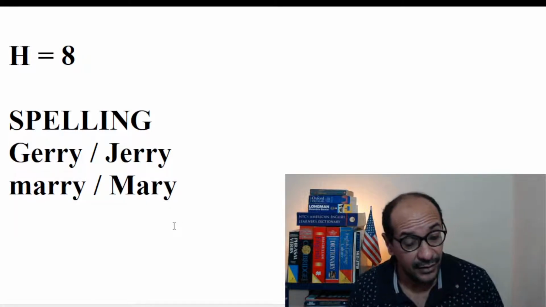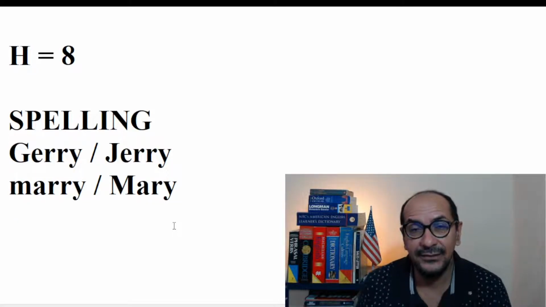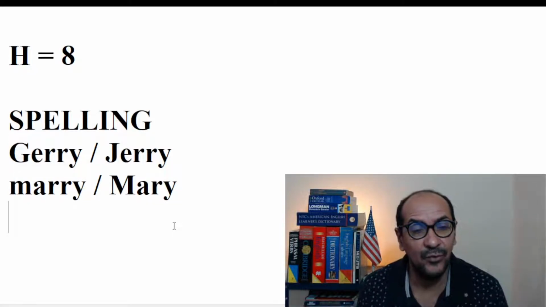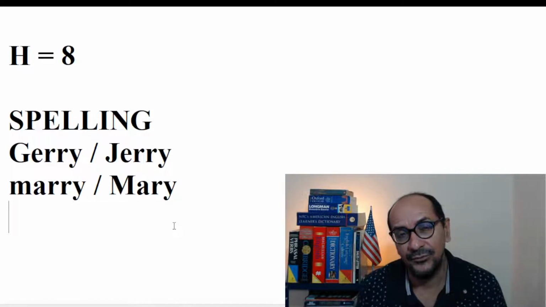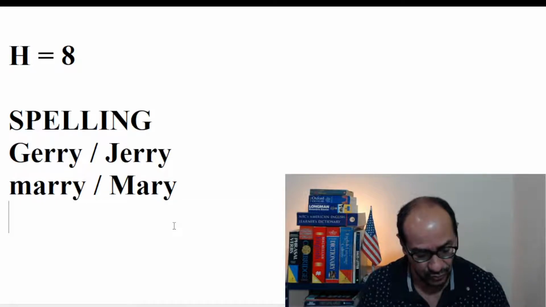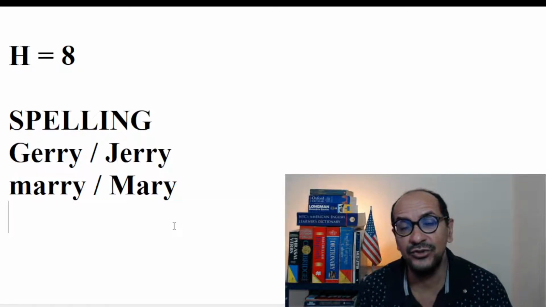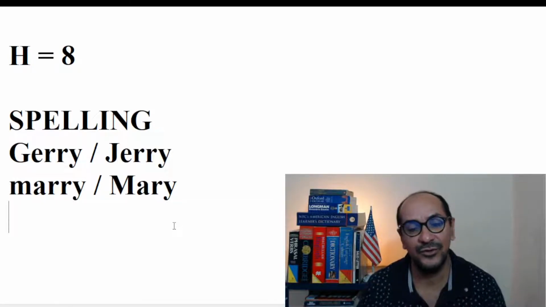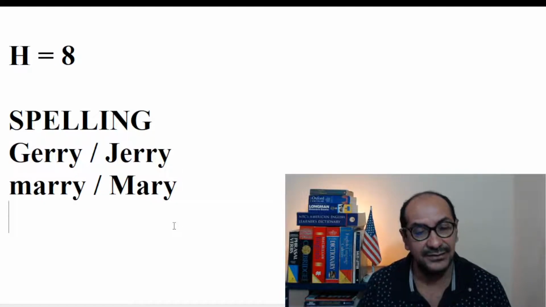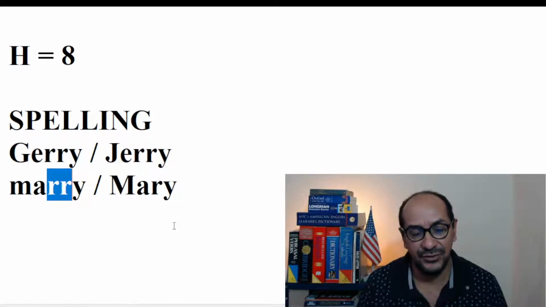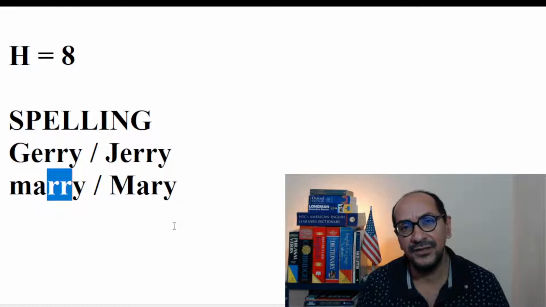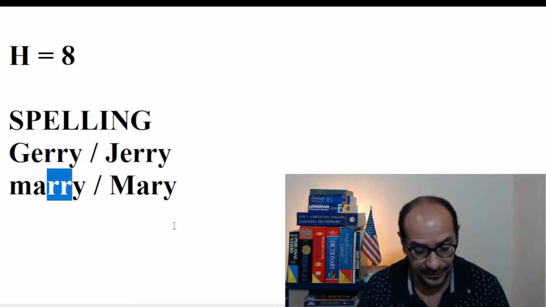So knowing how to spell the words, as I said before, is going to be a cornerstone. It's going to be essential for you to use in your everyday life and, of course, depending on some circumstances. So words like these, Mary and Marry, remember that the meaning helps. But then if you say, no man, with double R, no man, with G, no man, with J,